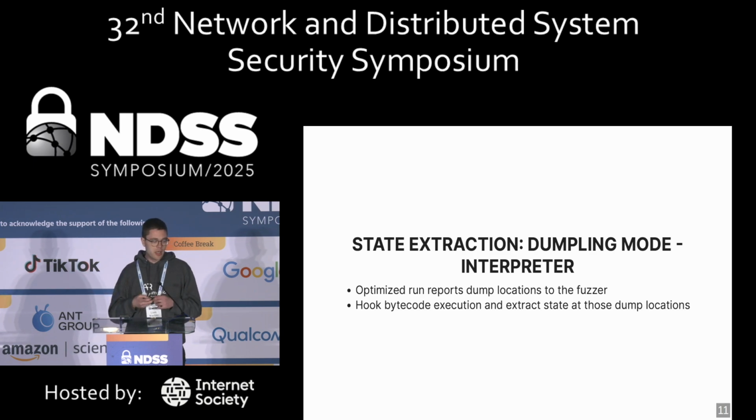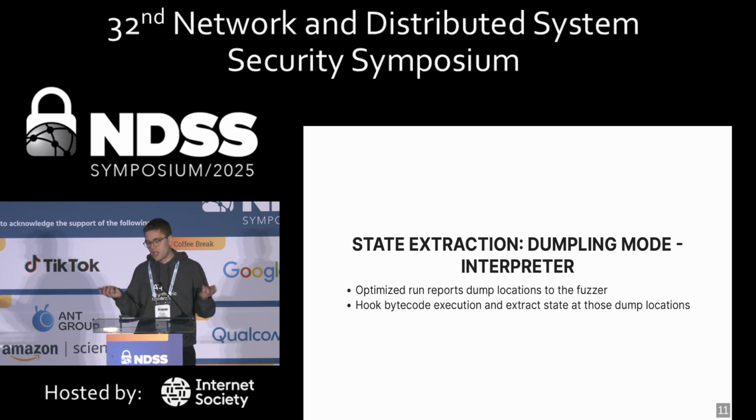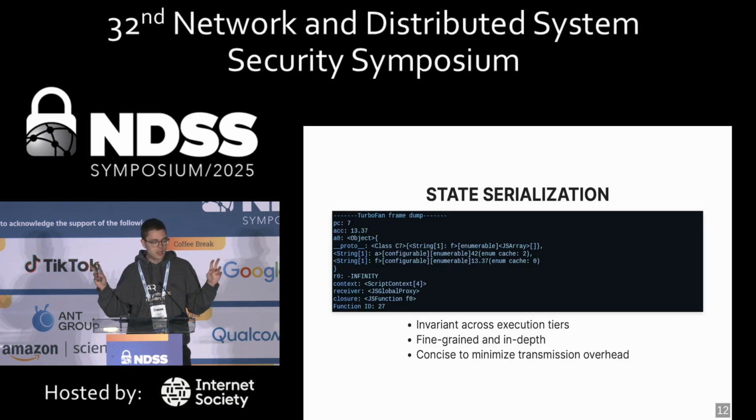We do the same then during interpreter execution. After doing the optimized execution, we know to what bytecode offset there are de-optimization points pointing to, and then we can just get the VM state, which is a C++ object from there, and both in unoptimized and optimized execution tiers, we call the same VM state serialization function, which we wrote to